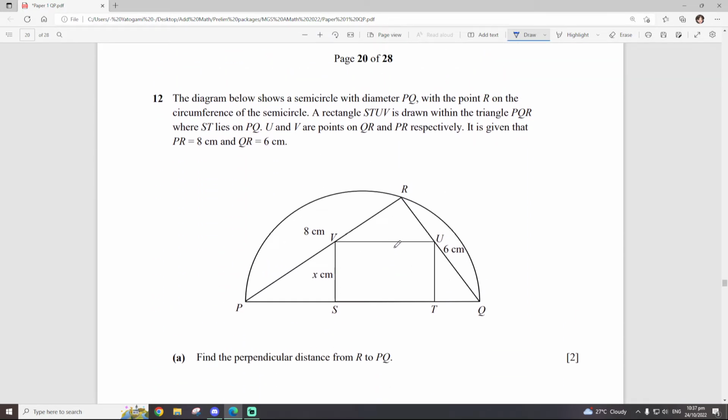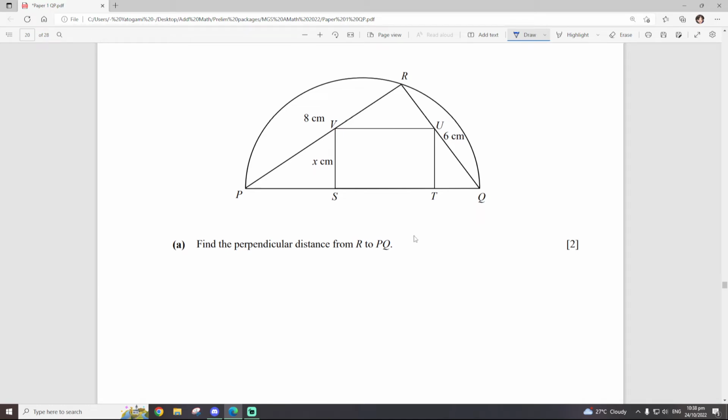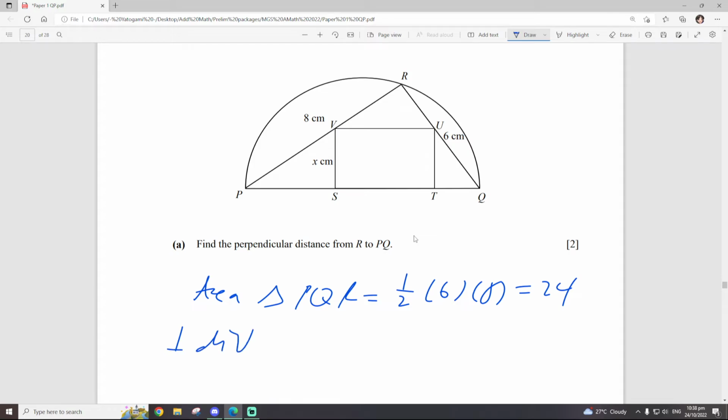The diagram shows the semicircle diameter PQ. Okay, a bunch of information. Find the perpendicular distance from R to PQ. So area of triangle PQR is of course half times base times height. So half 6 times 8 equals to 24. Perpendicular distance from R to PQ is area of triangle